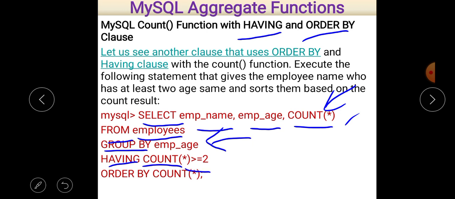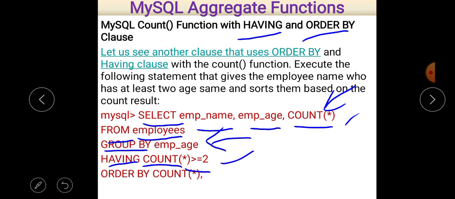Okay, so only those employees are shown on screen where repetition or counting is found to be equal to or greater than 2.